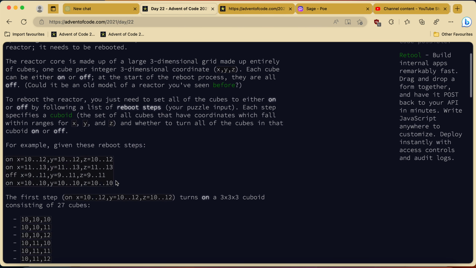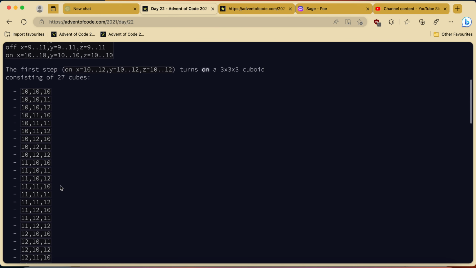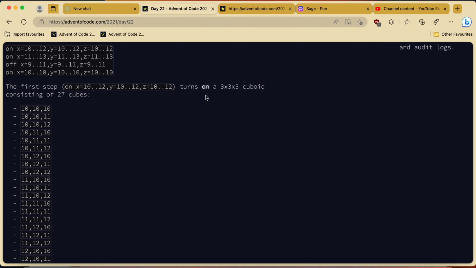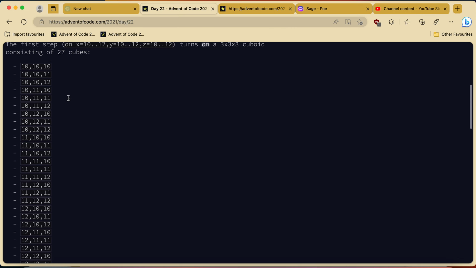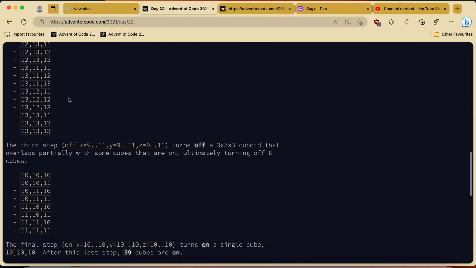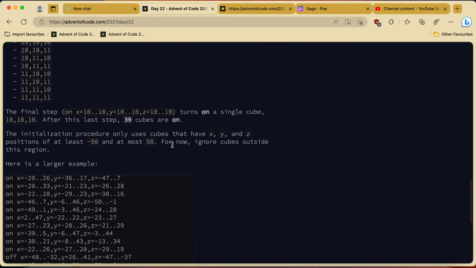For example, given this reboot, I have x, y, and z, and it's telling me that if something is falling in this shape I should put it on or off. The first step turns on a cuboid consisting of cubes. Okay. The final step turns on a single cube. After this last step,